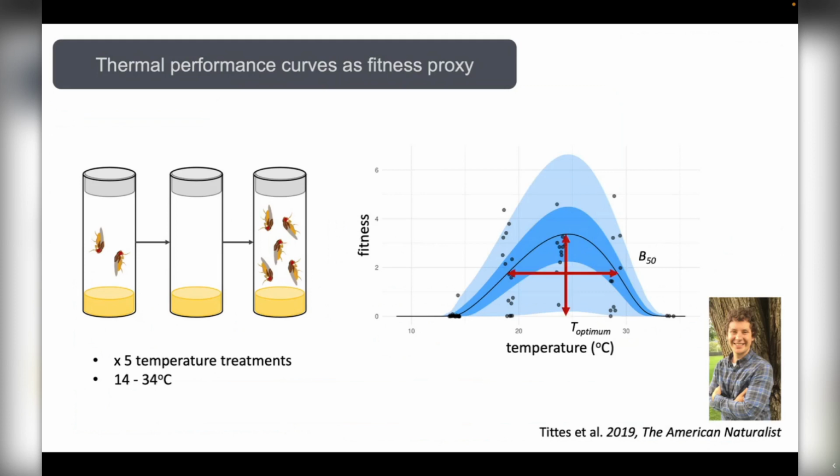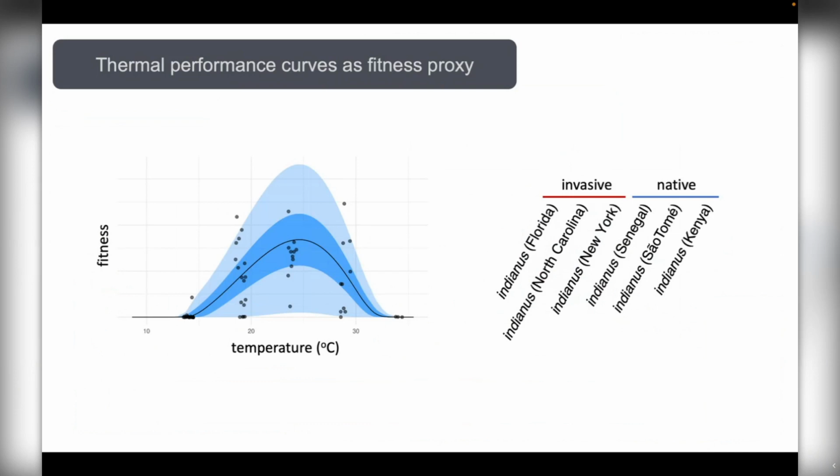So I'm going to talk about 3 of those: thermal niche breadth, or B50; thermal optimum, the optimal temperature at which fitness is maximized; and T-min, or thermal minimum, and that's the estimated temperature where fitness decreases to 0. And so we've been measuring these thermal performance curves for a number of different populations and species, but I'm